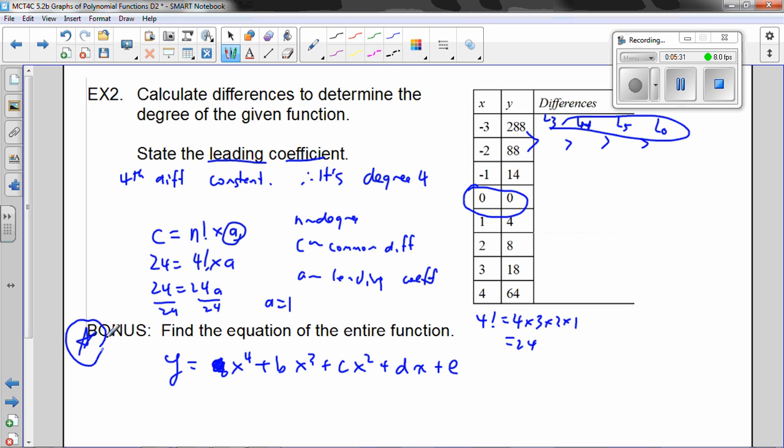If you manage to figure out what the function is that would give you those Y values, you can hand that in, and that's a bonus. Okay, that's the end of the first lesson. The second lesson, you can read that right away or watch that right away, or you can wait until after